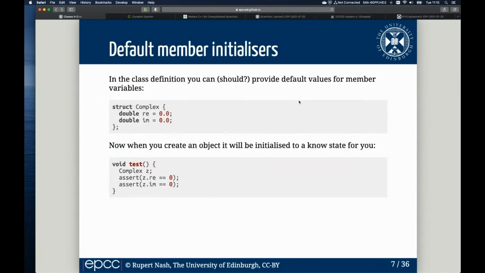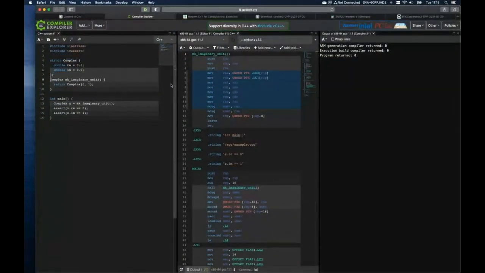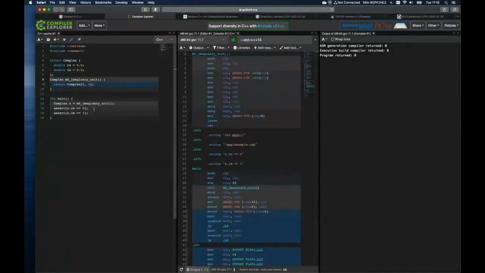So one thing that you can do, and perhaps should do, when you're writing your classes and setting up the members, is provide default values for all your members. So instead of what we had before, I could say that I'm going to provide a default value for real part of 0 and a default value of imaginary part also of 0. So if we go in and replace this here, this will work, but we can also have